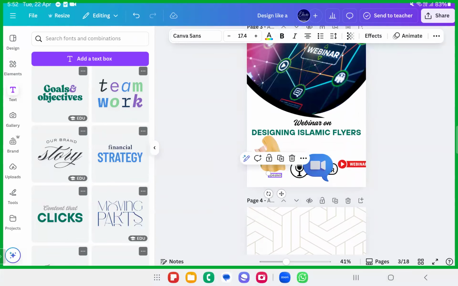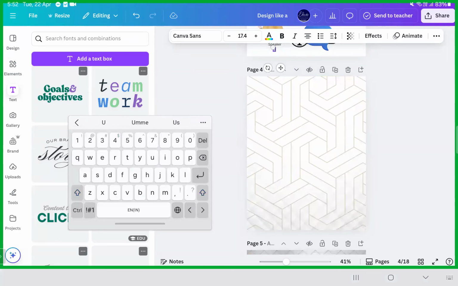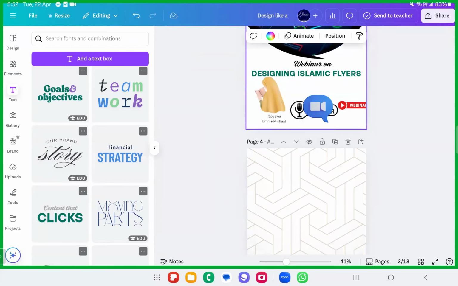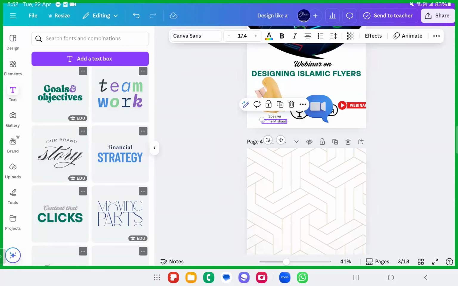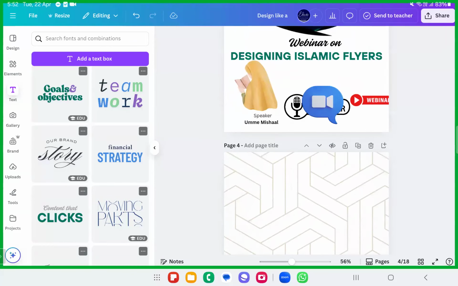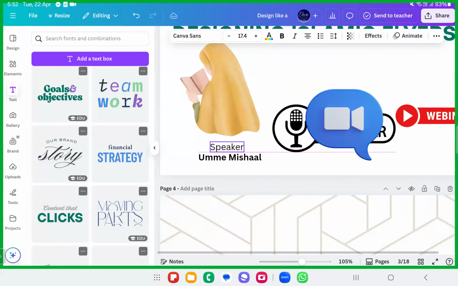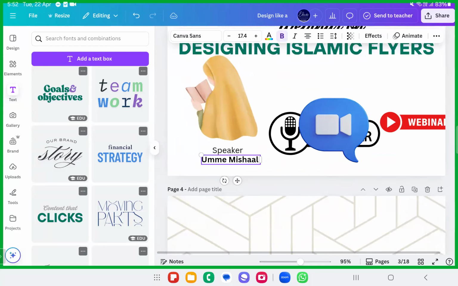So you have so many things that are necessary in the document, right? In the creation of the flyers. I'm just showing you some ways that you can create it with. This should be bolded up. See here how you're going to arrange it? Bold it up. And see here, you have to arrange it perfectly. One, and this should be center aligned with the speaker. Okay, this is done.